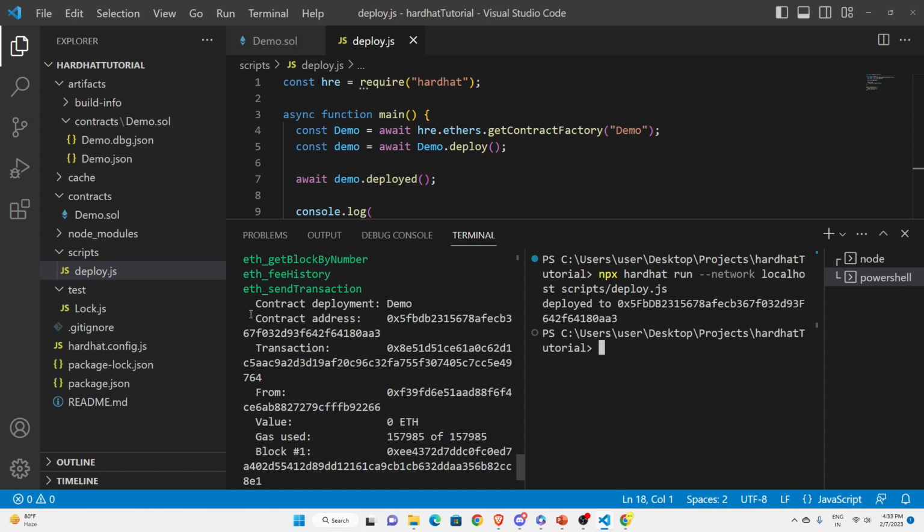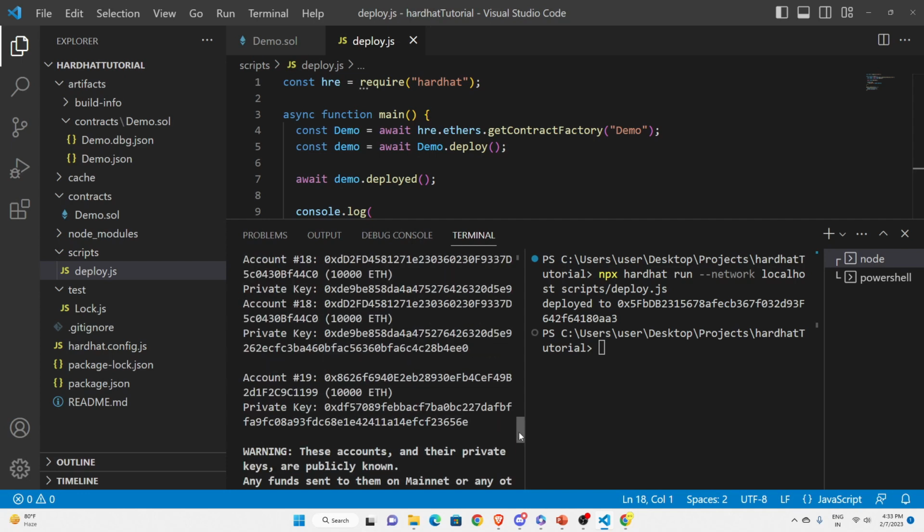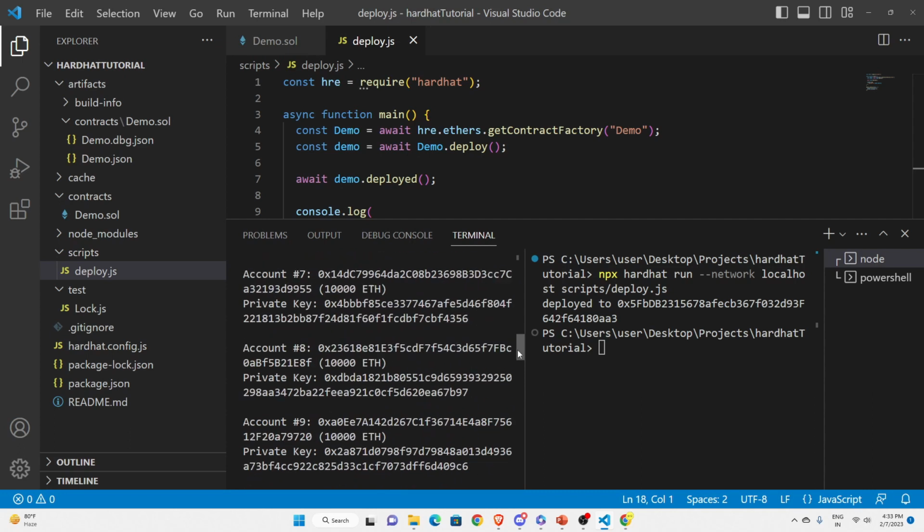So here is your contract deployment demo. This is your contract address. Okay, so this is the deployed smart contract. This is the transaction. This is the from address from which this particular smart contract is deployed, and this address is actually coming from this blockchain only. So if you go to the first account,